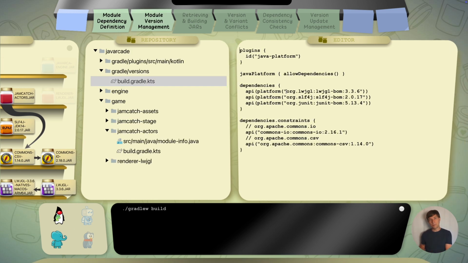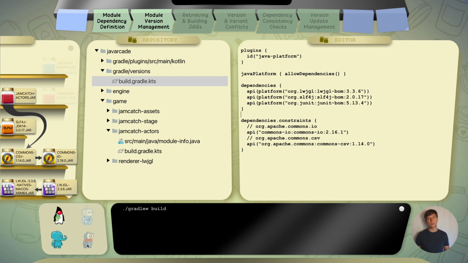You'll then have an entry in the repository that only contains metadata and no jar file. In the Gradle platform concept, we can define a dependency to an existing BOM, which means the information from this BOM is used as well. So we do that for the LWJGL BOM and the SLF4J BOM, and also the JUnit 5 BOM that we use for testing our software. The testing part is not seen here in my visualization, but it is part of the example sources which you can get from the link in the description.